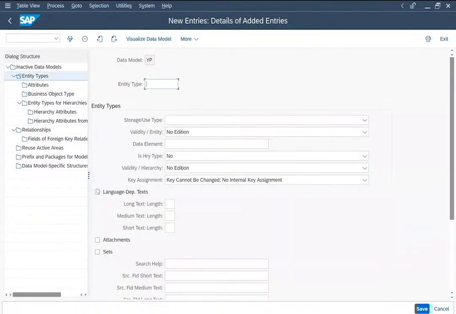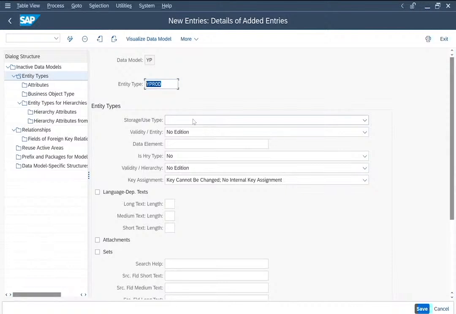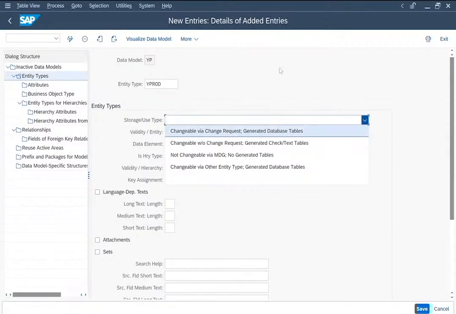Okay, so this is the definition or the properties you need to set while creating an entity. First, you need to give an entity type name. I'll just say Y product, Y prod is my entity name. Now as we discussed yesterday, when you are creating an entity, first you need to define the entity type, whether it is a